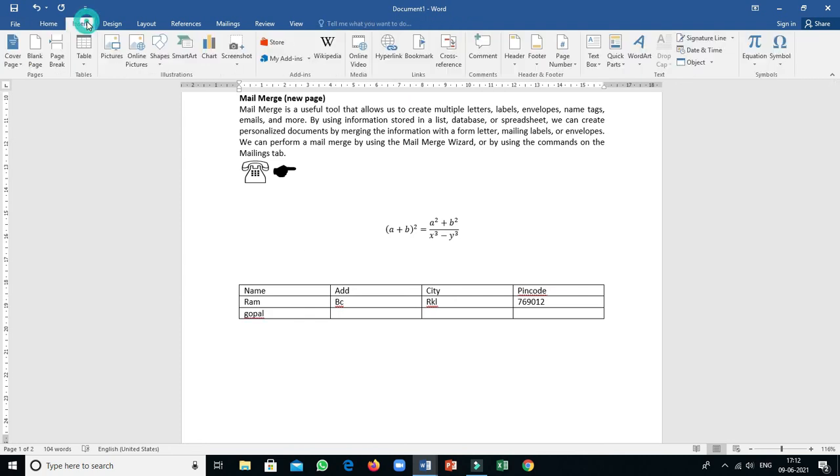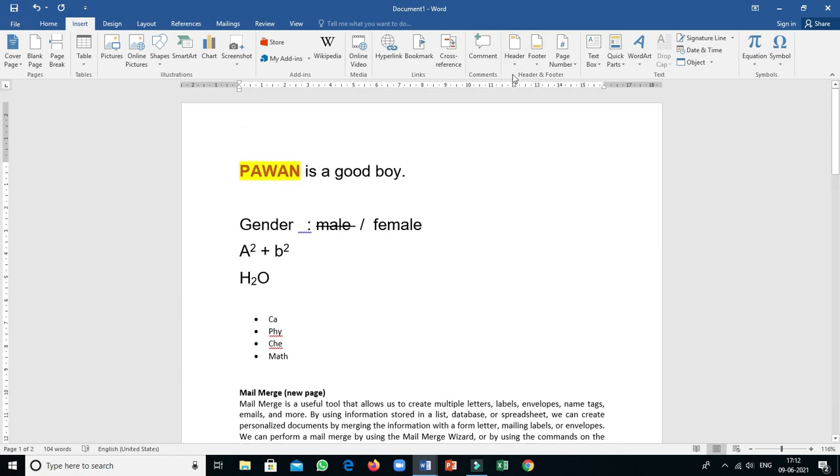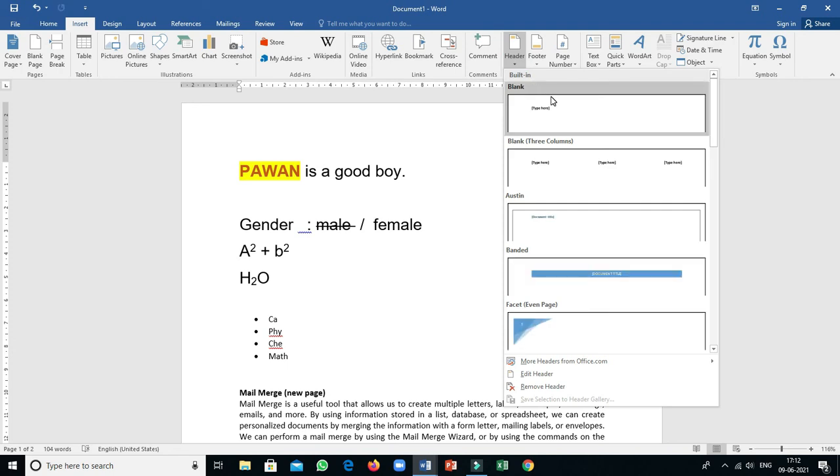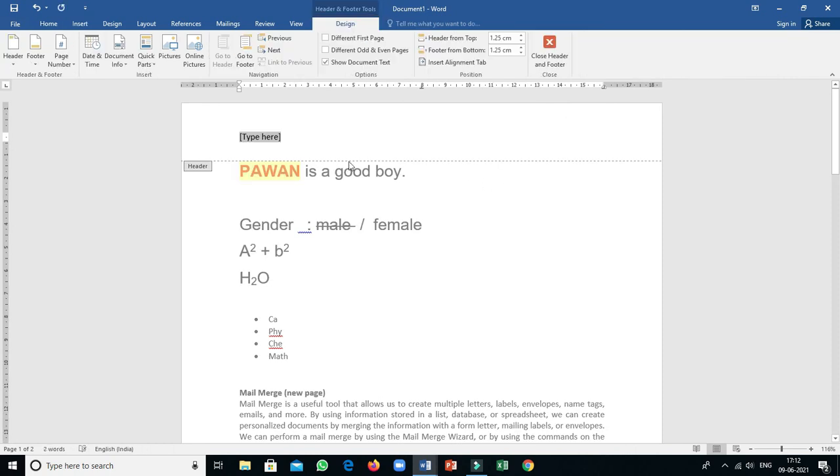Now go again to the insert option. Here the header and footer are there. Header, footer and page number. Already these three are covered. So for header and footer you have to click on the header option. Then it shows you the format, which type of format you need. Select any one. Automatically, see, at the top of my page the cursor is activated to accept the header message. So click here and type anything. Suppose I am writing SKDAB Government Polytechnic. Clear? And at the footer I have to type some other message.